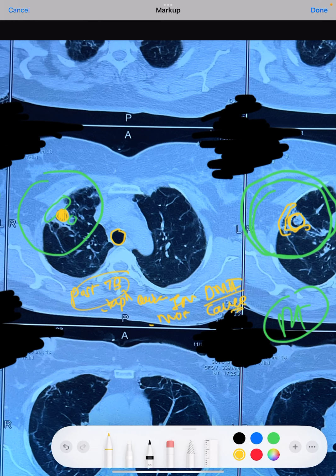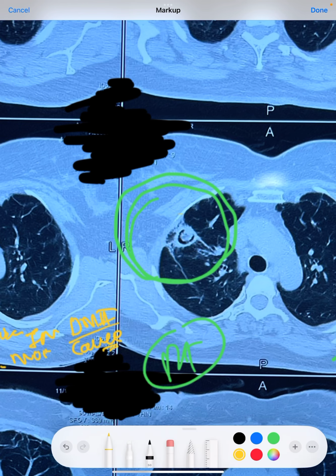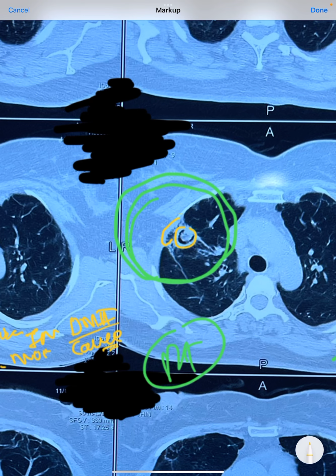So in this image, we can very nicely make out that this is not only a fibrocavitary lesion, this is a cavity, but it also has some lesion inside the cavity, and this is a ball-like lesion. So this is a typical fungal ball lesion, and it is very commonly found, and it is almost always a fungal ball, and most of the time this fungal ball is